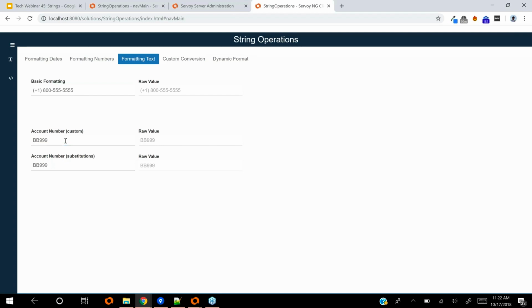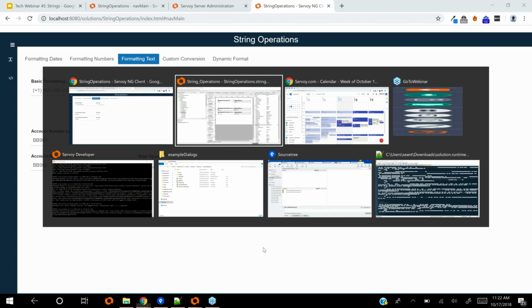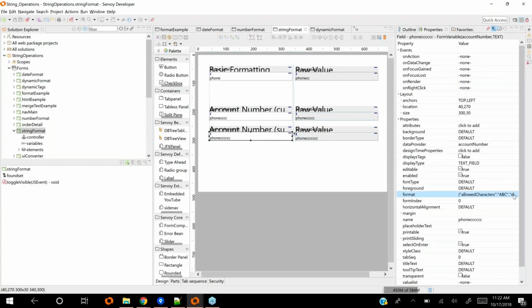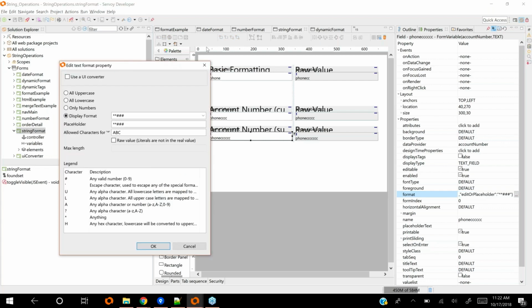that strict format. So we see this a lot in older ERP systems, and it's a good way to force the kind of data entry that you want. Of course, your users should also be trained and know that format, but that's usually the case with those kinds of systems. Another example of that in this one